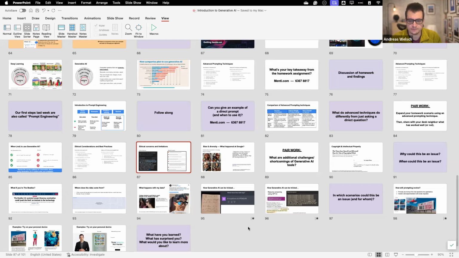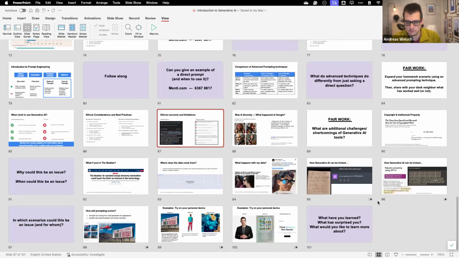We talked about where the data comes from. Real quick, it comes from all different corners of the internet, also places that we might not view as being trustworthy. Reddit, for example, or Twitter, where there's all kinds of information and all kinds of worldviews. But again, it's a representation of all the different worldviews that are out there.